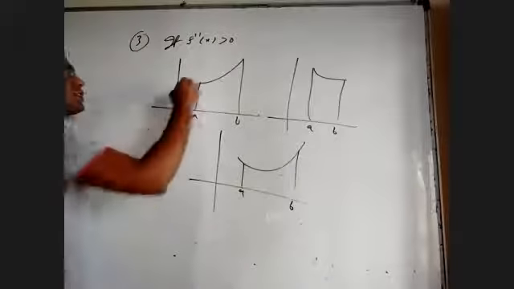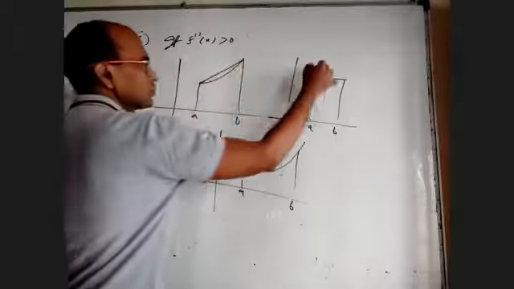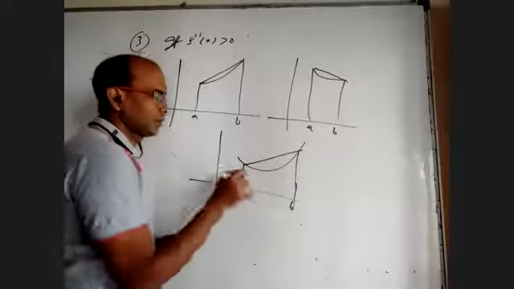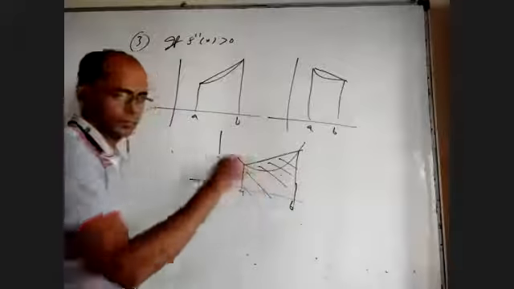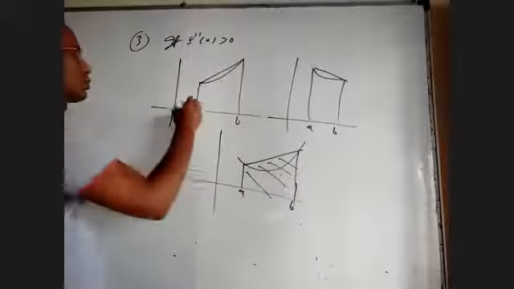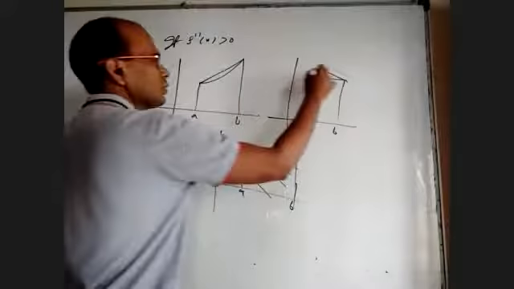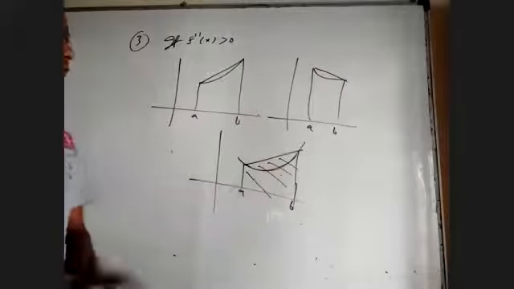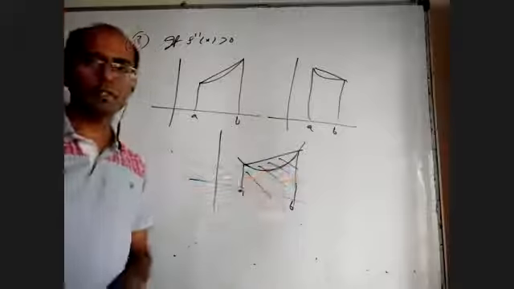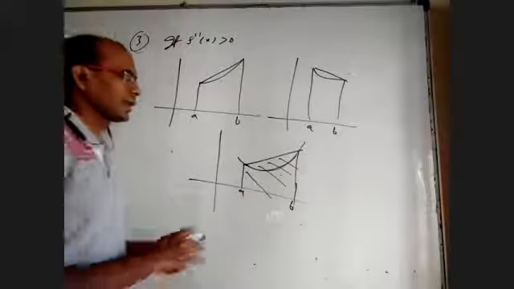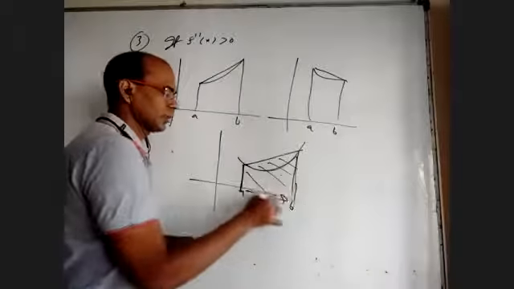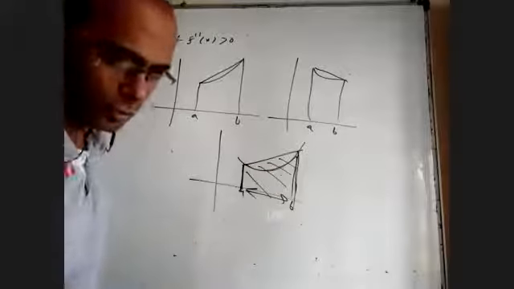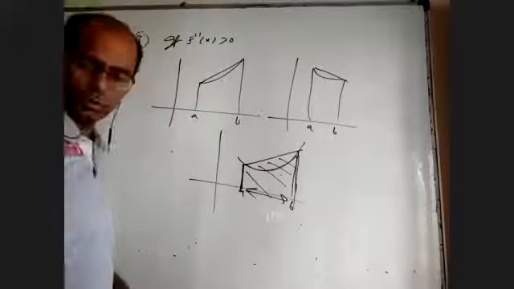In all these cases, when you join the endpoints, area under the curve will be less than the area of the trapezium. This whole thing is a trapezium. The curve is below the top line. So if I can find the area, the area of a trapezium is half h into a plus b. The height, that is the distance between the parallel lines, and these heights are a and b. Okay, so let me draw that.